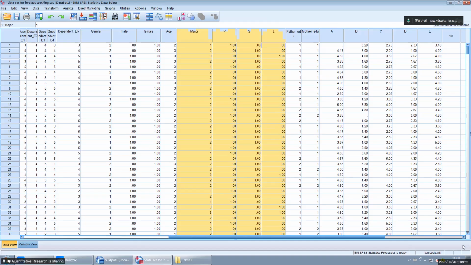Then, do you have Amos already on your laptop? Not yet. You need to install Amos. Or is it necessary for us to further talk about Amos structural equation model?